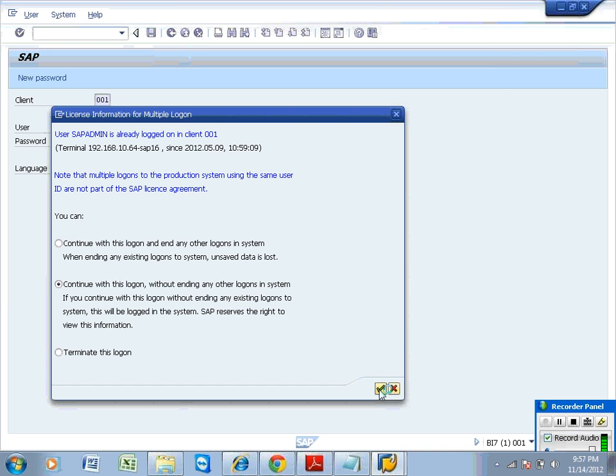So what are the ways we have to know the PSA table technical name? One is using the default data flow diagram. The default data flow diagram does not show the PSA table information itself. Correct? Even if you click on the technical names, it does not show the PSA. That's the reason, go to the 3.x data flow, then